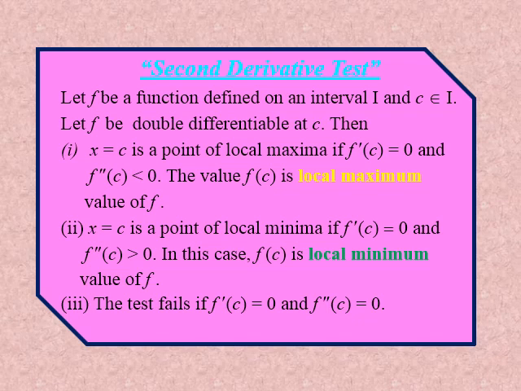And what if f dash C is equal to 0 and f double dash C is equal to 0? In that case we cannot apply the second derivative test and we have to move back to our first derivative test. Clear? So remember the steps. First we have to find f dash x, then putting f dash x equals 0, we will find x equals some point, so that point is C. Now if f double dash C is less than 0, that is negative, that is local maxima, and if f double dash C is greater than 0, that is positive, then C is the local minimum. Clear? So pause and note down the points.